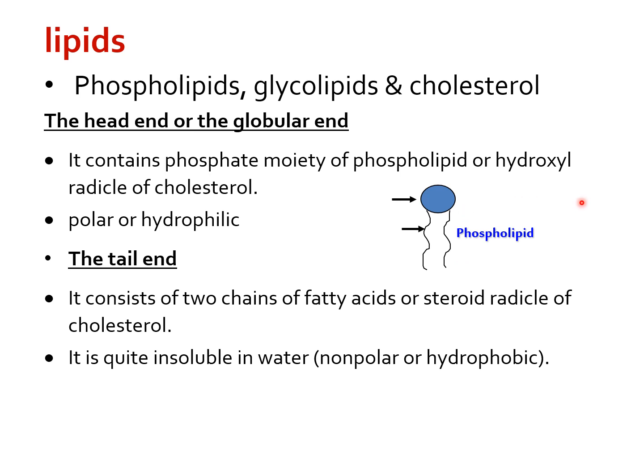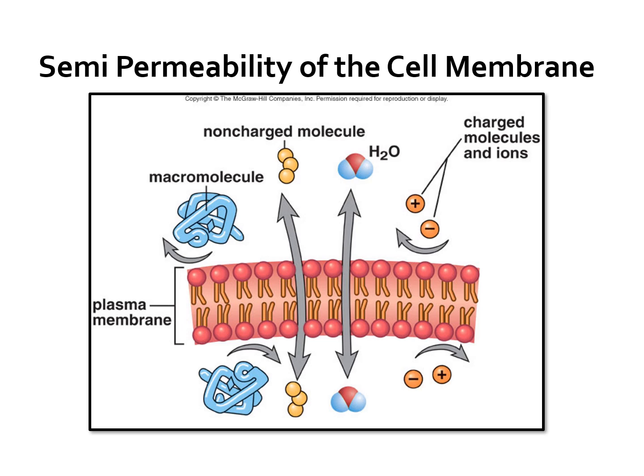So what is the functional significance of this lipid bilayer? Lipid bilayer of the cell membrane makes it a semi-permeable membrane. So here we can see the structure. The lipid molecules are arranged as a bilipid layer. So cell membrane is a bilipid layer. Here we have lipid molecules which have head end and tail end. The head end, as I told you, is a polar end. It is facing the outer side of the membrane, whereas the tail ends are facing towards the center of the